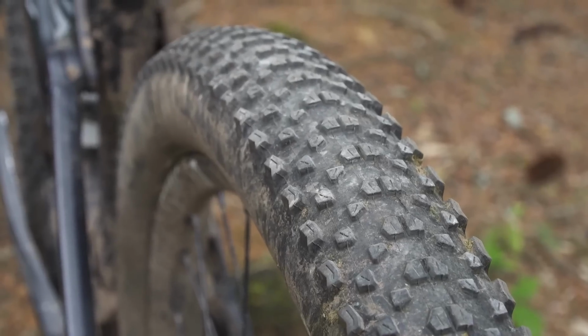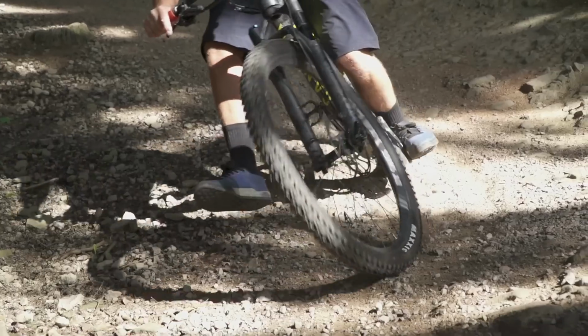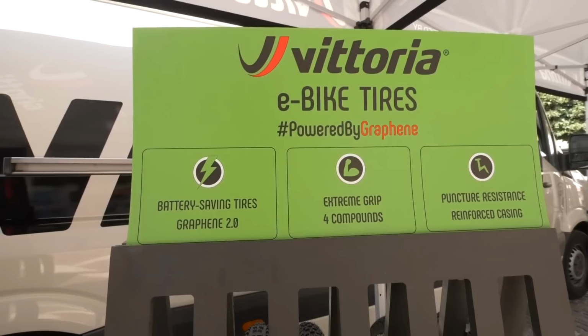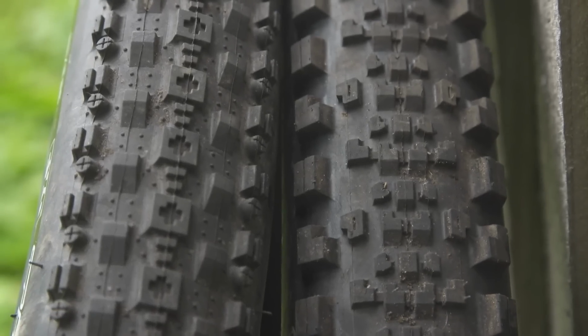First up, tyres. Now, a lot of tyre manufacturers offer e-mountain bike specific tyres in their lineup. You've got Pirelli, Schwalbe and Vittoria all have those tyres. But what are they said to offer us? Long lasting, lots of grip, lots of protection, and possibly more range in some of those options too. But do we need all of this? Maybe we need to take a look at brands such as Maxxis, which don't have any e-mountain bike specific tyres